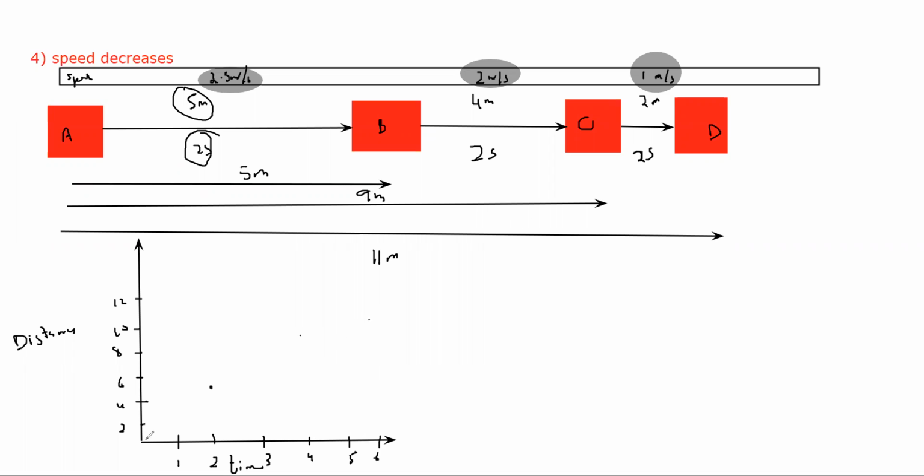So when I join these points, what will I get? I will find that the slope will decrease. This is a distance time graph for an object whose speed is decreasing. So you can have a graph for an object, like if I summarize this,